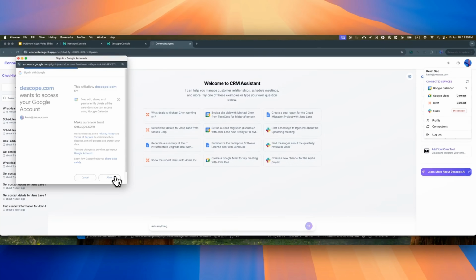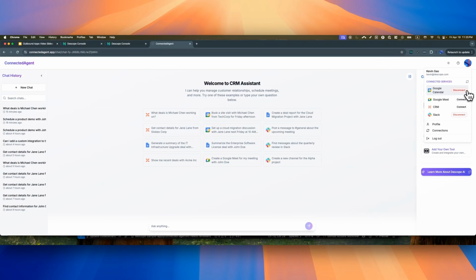Now, if I click Allow, it'll show as connected here. To further enhance this, I would also like to connect to a CRM. If I click on